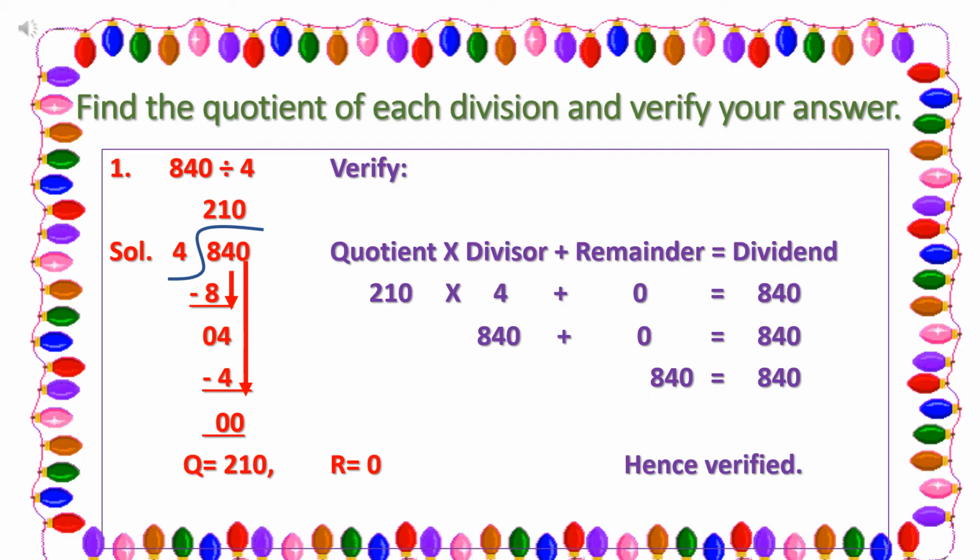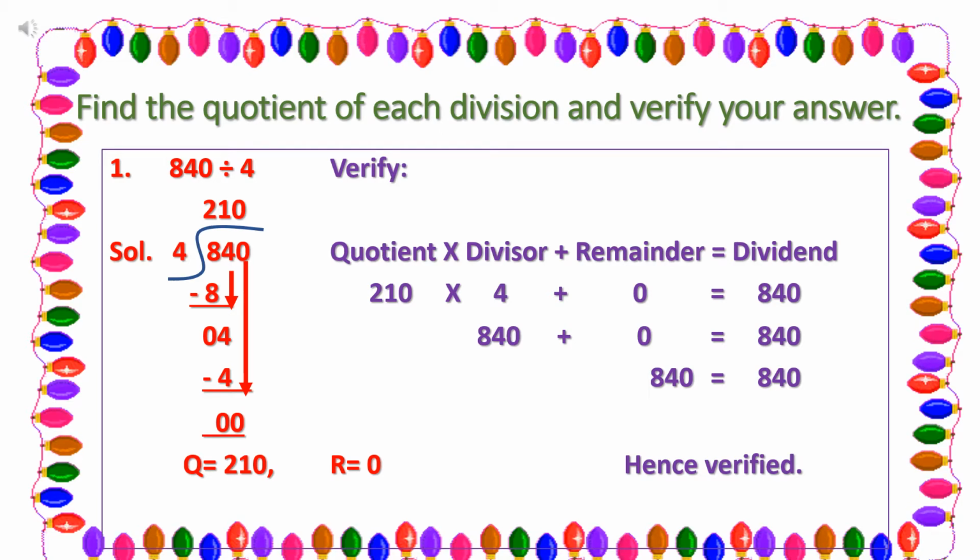Next, we will bring down 4 tens. 4 tens को हम नीचे लेके आएंगे and we will divide it by 4. Now 4 divided by 4 is equal to 1. So we have got 1 ten. So we will write 1 in the tens place in the quotient, means we will write 1 above 4, which is given in dividend. Now next we will write 4 in the tens place because 4 ones are 4.